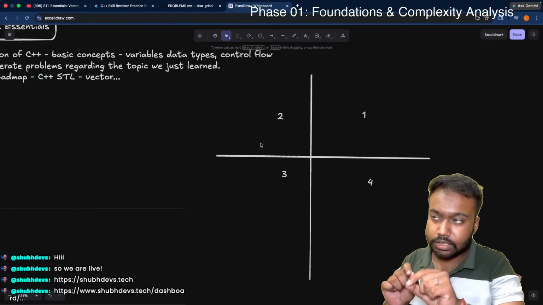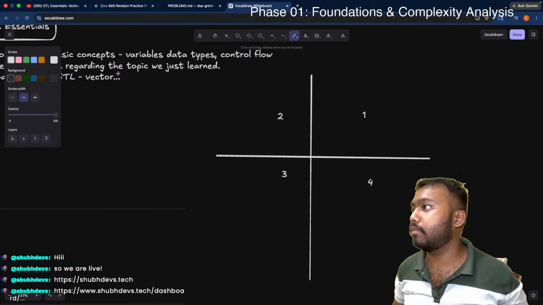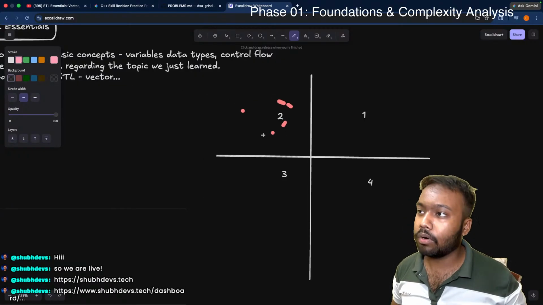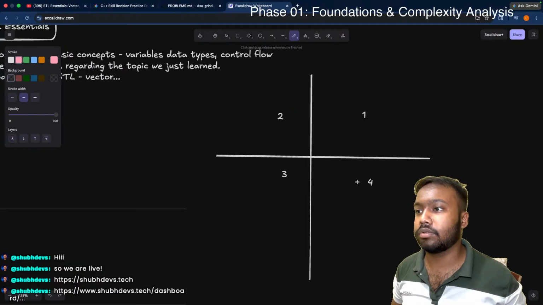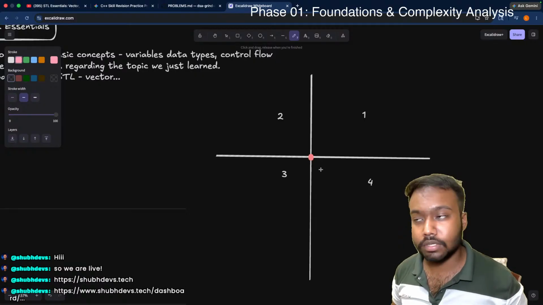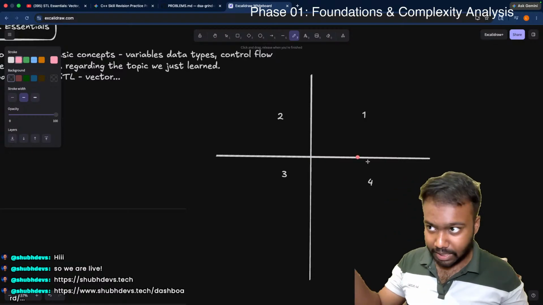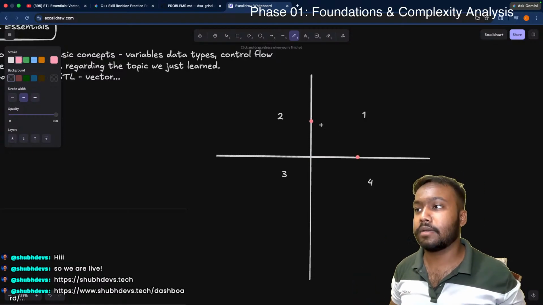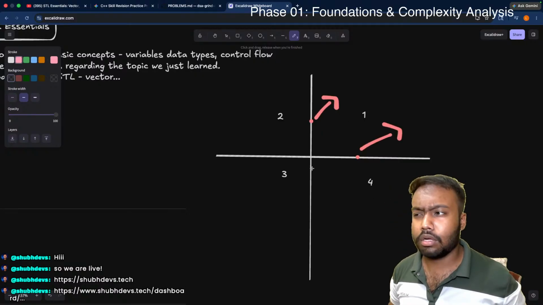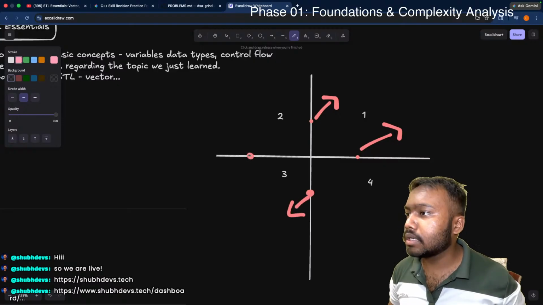that a particular point is not belonging to any quadrant. So if all these points, if I talk about, they all belong to the second, this is belonging to third, this is belonging to fourth, but say if it is at the origin, that is 0 0, so this doesn't belong to any quadrant, right? If it is on the x-axis, if it is exactly on the y-axis, if I ask you what is the condition for this and what is the condition for this,